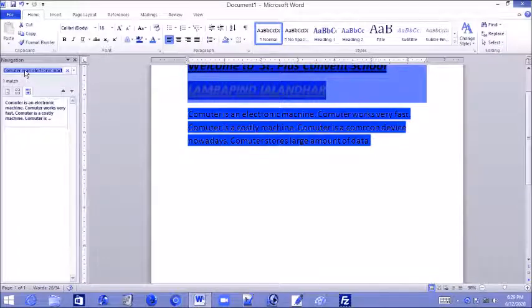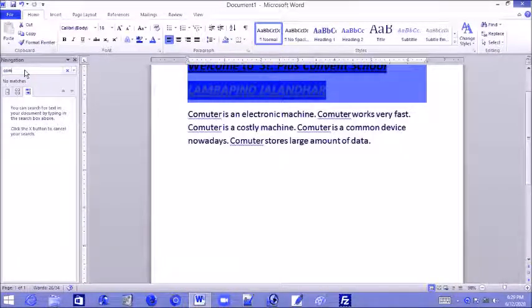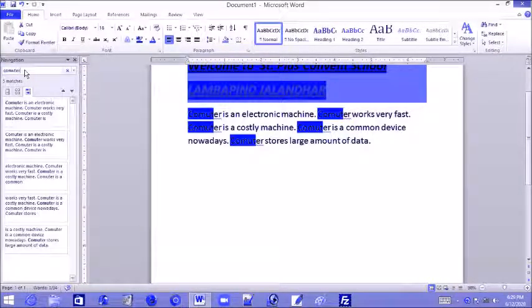Here we want to write commuter. See, wherever the word commuter is there, all the words are highlighted, right?